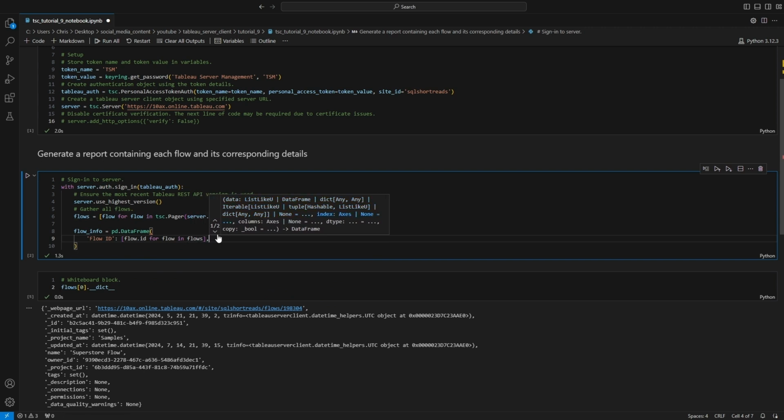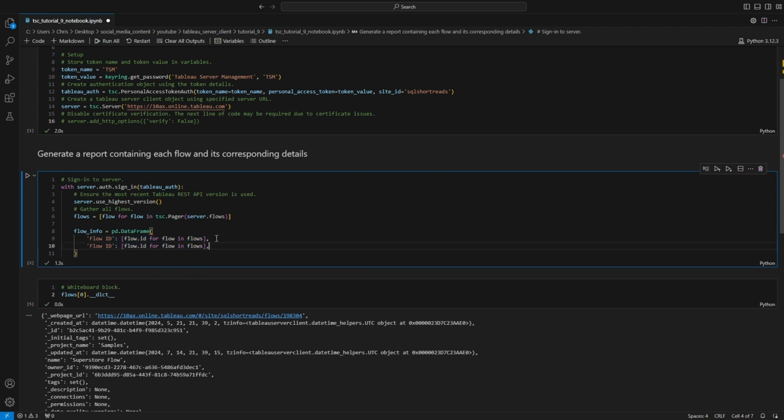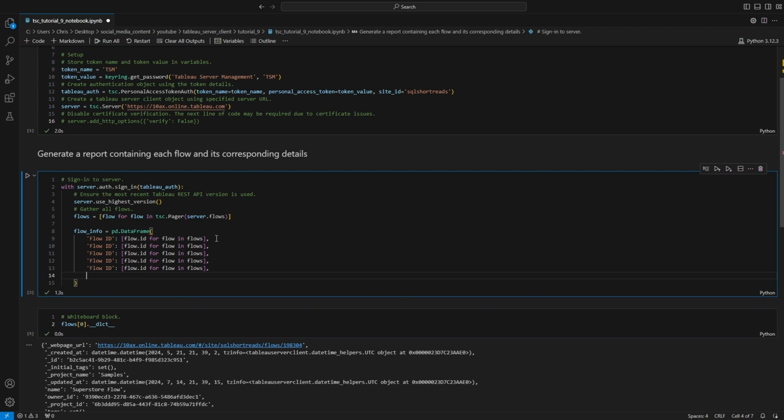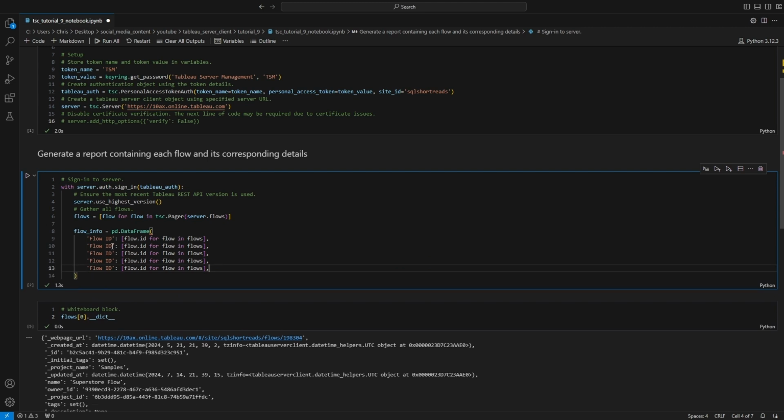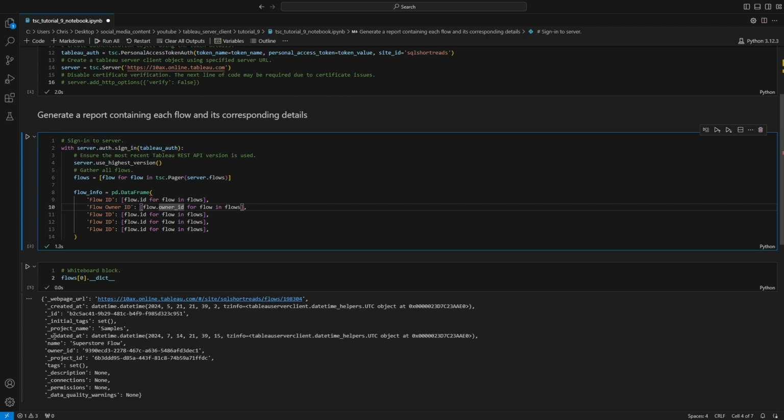And then we're going to do more or less a copy and paste exercise here. So I'm just going to go ahead and copy and paste a few of these, one per attribute that I need. I'm going to say flow owner ID, so who owns the flow. And again, I'm not memorizing these, right? These aren't coming off the top of my head. These are actually down here listed as the attributes maintained for each flow object. All right, so let's go ahead and